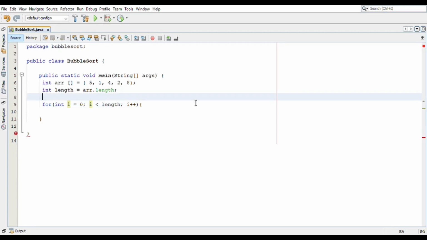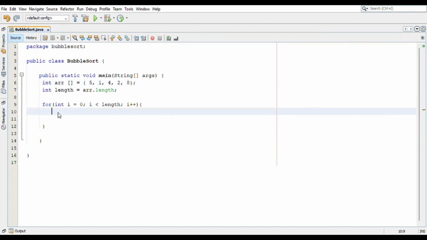So basically, we are going to read through all the elements from the first position to the last position in order to sort them in ascending order.